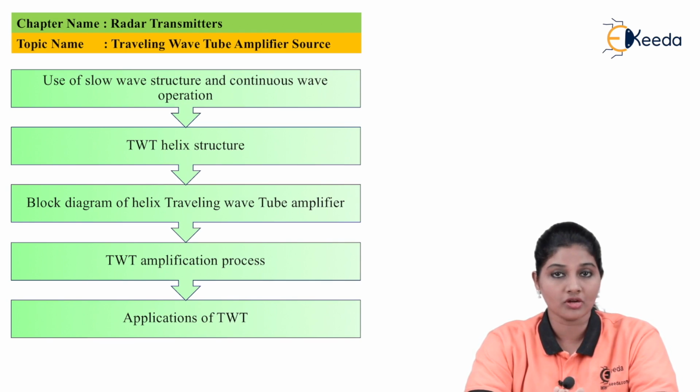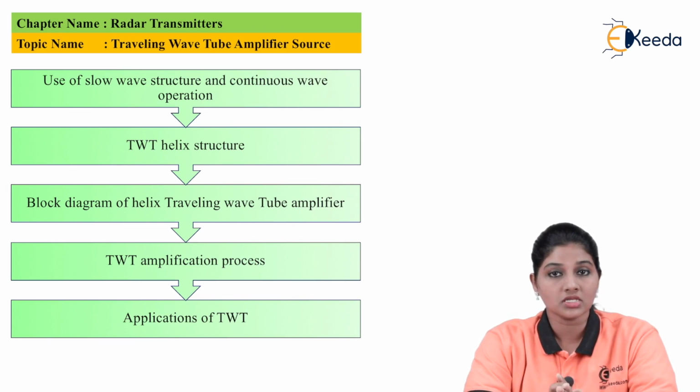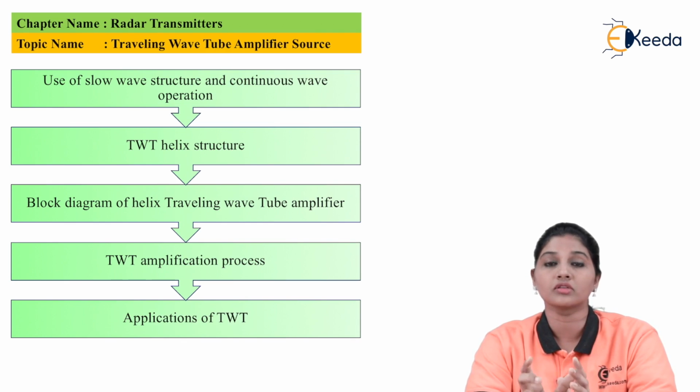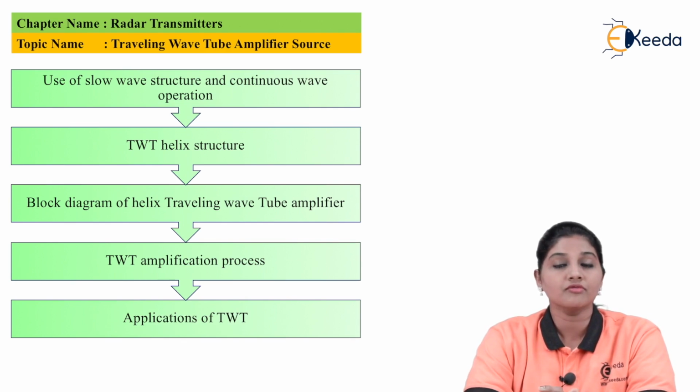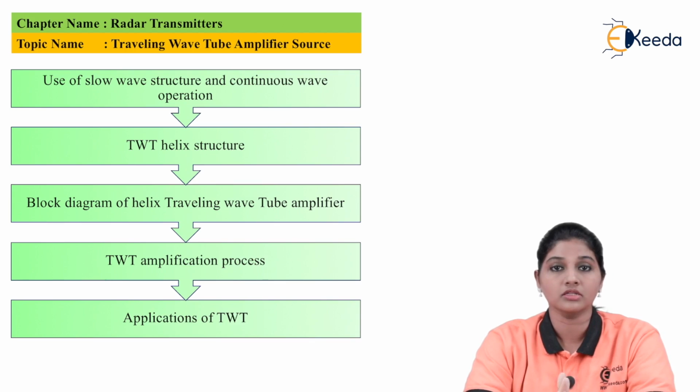In the case of the klystron amplifier, the interaction takes place only at the cavity, but this does not happen in the traveling wave tube. In this case, the interaction takes place along the entire length of the tube. The traveling wave tube is basically a non-resonating device which provides a wider bandwidth as compared to the klystron amplifier. It is available in different forms: single helix structure, double or folded helix structure, and ring bar structure. But the single helix structure is the more commonly used for the construction of the traveling